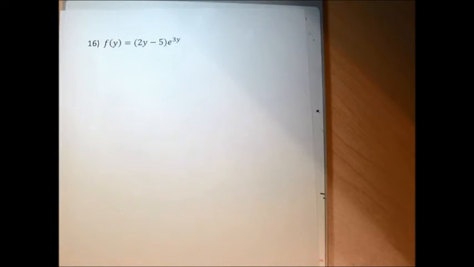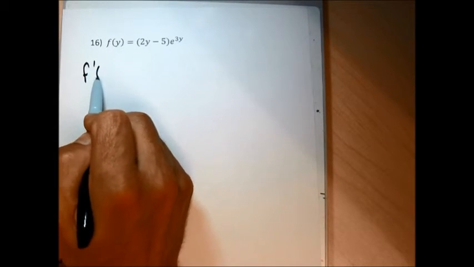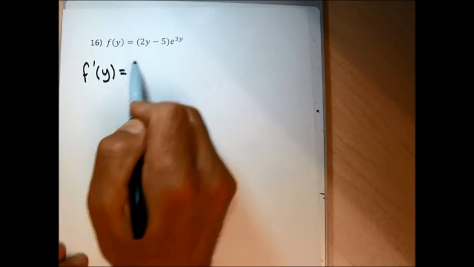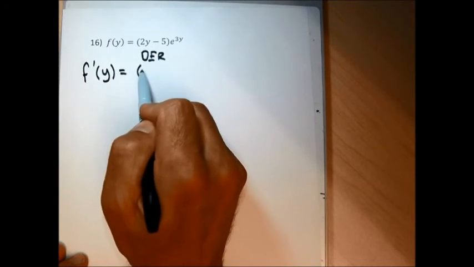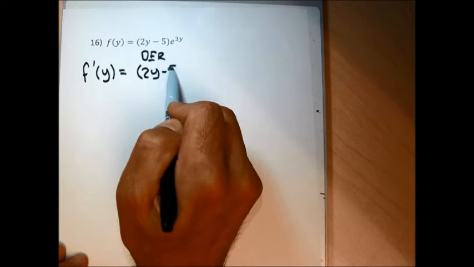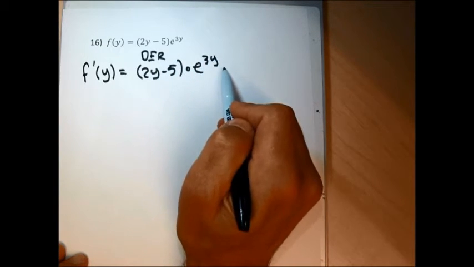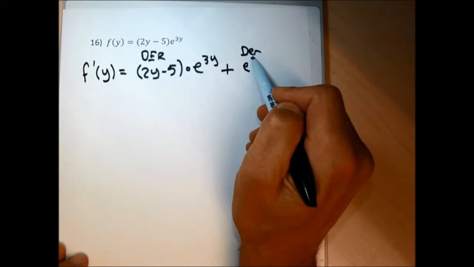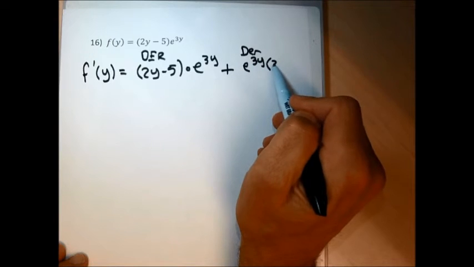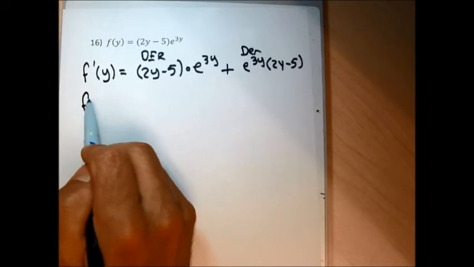16, I need a product rule because there's multiplication. So I'm going to write f prime of y, and then the product rule, first I have to do the derivative of the 2y minus 5. I'm going to multiply that by the e to the 3y without changing it, and then plus the derivative of e to the 3y times the 2y minus 5 how it was given to me. So f prime of y